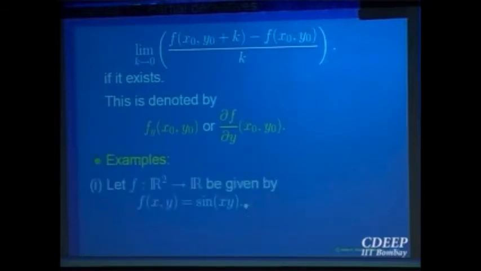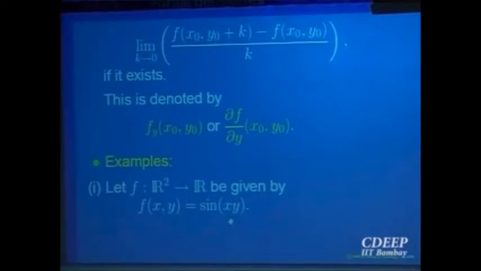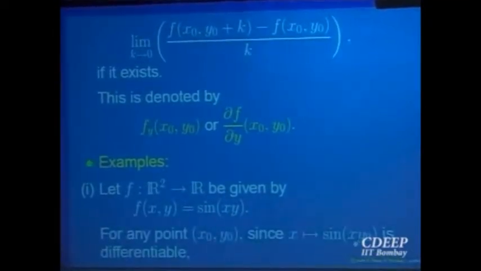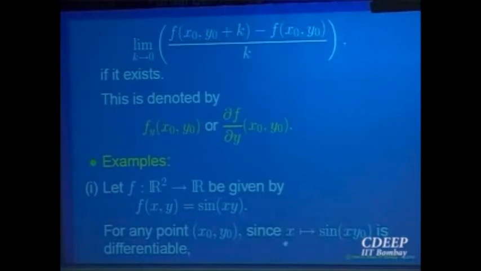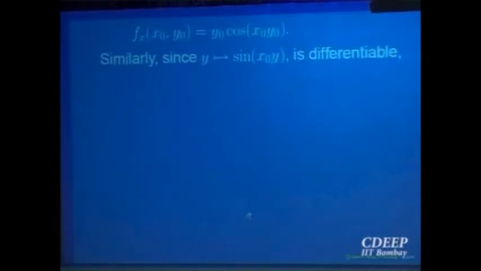As far as examples are concerned, how to compute it is only a problem of one variable. Take f(x, y) equal to sin xy. This is defined for every x and y. You can fix either x or y and treat it as a function of one variable. When you fix x or y, that becomes a constant as far as the other variable is concerned. So let us fix, say, y equal to y naught, then x going to sine of x y naught. y naught is a fixed quantity, it's a scalar. So when you differentiate, you get cos of x y naught times the derivative, that is y naught. So the chain rule of one variable will give you the partial derivatives.